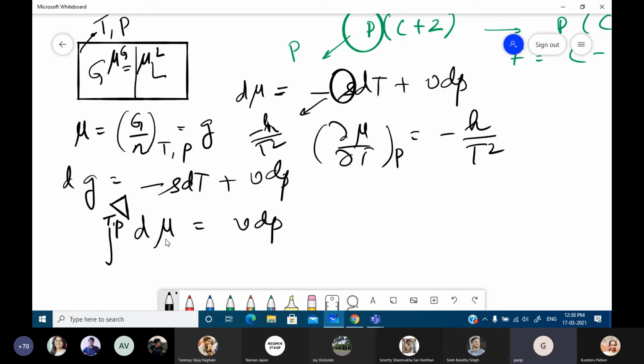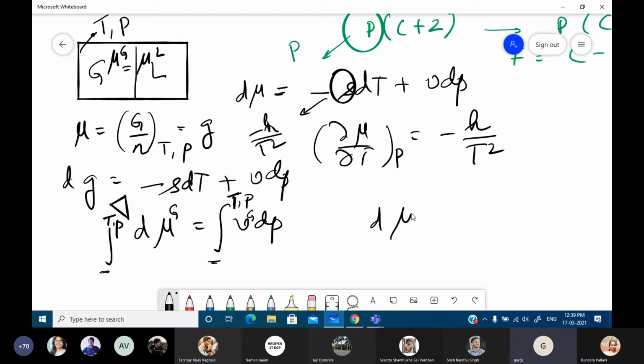So therefore, you have to calculate d mu. You need to calculate it at some particular temperature and pressure, right? And accordingly, here also you put that same temperature and pressure. Now, can you tell me what will be my lower limit here? Anybody, any idea? Can you tell me what I should put as the lower limit here? Upper limit, I know the upper limit is the state where I wish to go, right? So what is the lower limit? This I am doing for the gas phase.